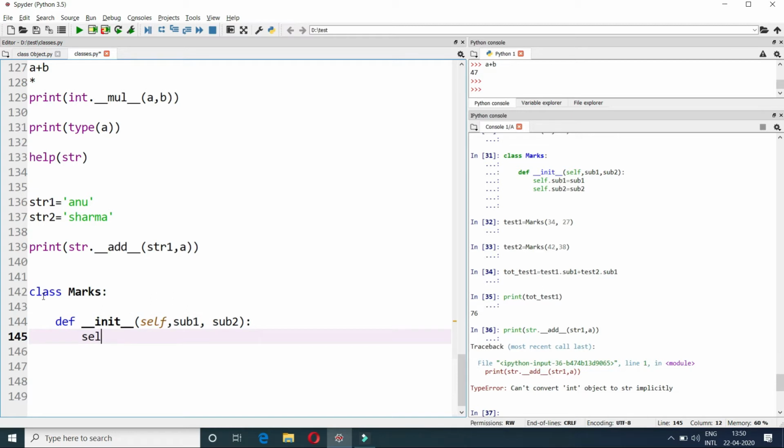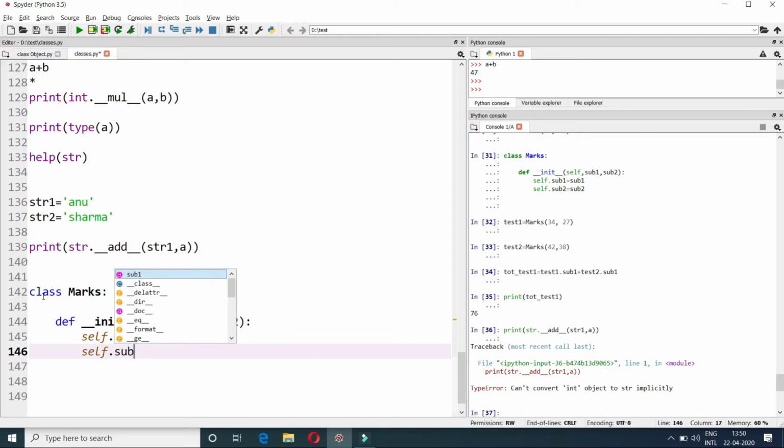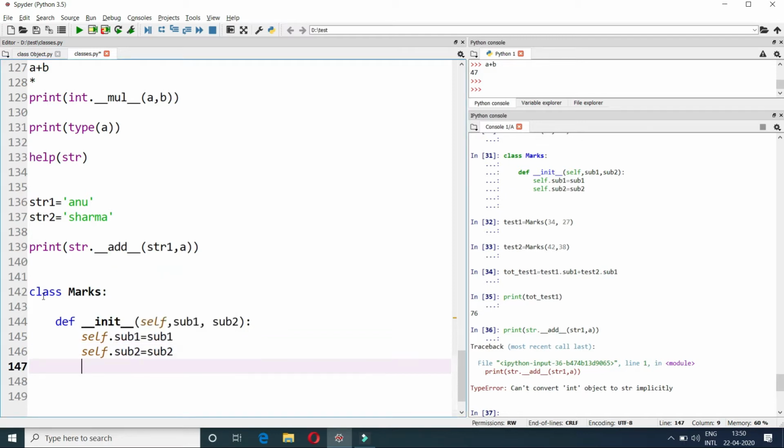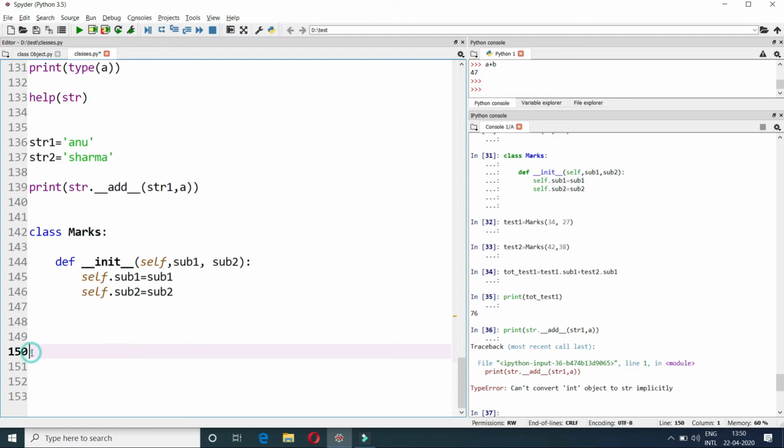So self.sub1 is equal to sub1, self.sub2 is equal to subject 2 marks. Here I am creating an object, test1, which is an object of class Marks, with marks for two subjects. For example, this student gets 40 marks in subject 1 out of 50 and 36 in subject 2.